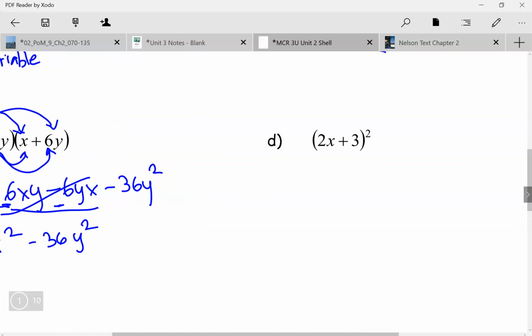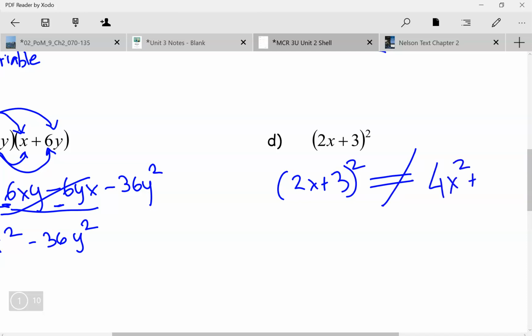So here we have 2x plus 3 the whole squared. Please do not write this is 4x squared plus 9. I've even seen some cases where 2x squared plus 9 is written, which is not even taking the square properly. So all these are taboo. We do not write these things. We expand,